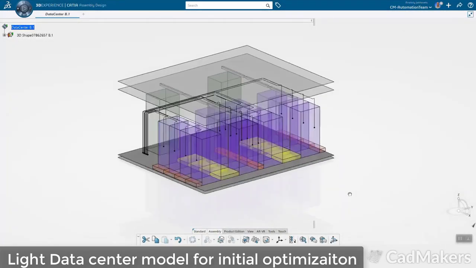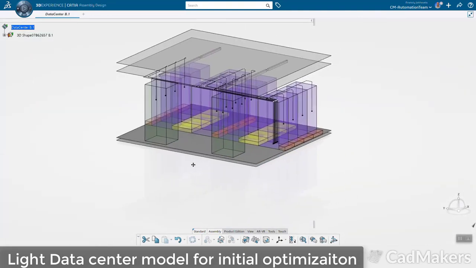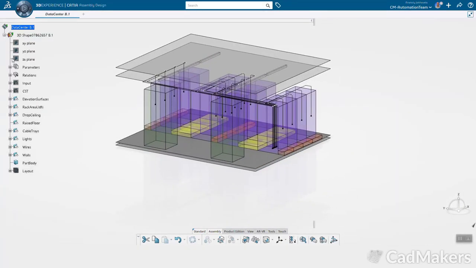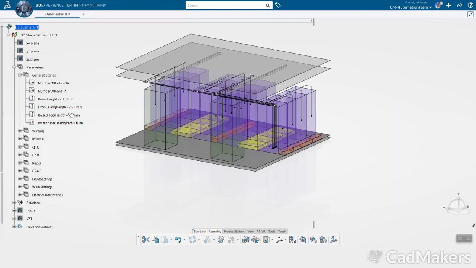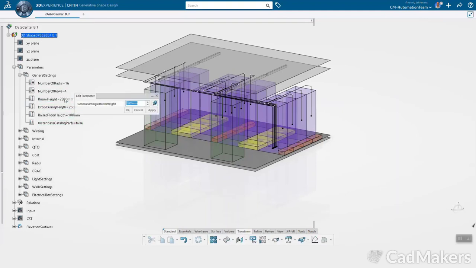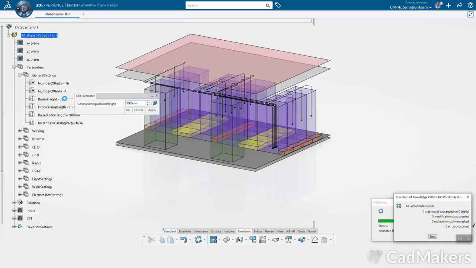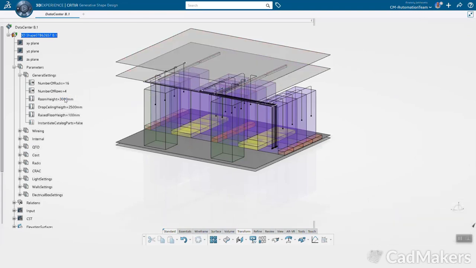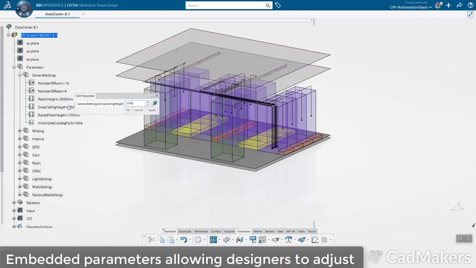This is a video of CADmaker's proof of concept parametric data center tool. We start with a lightweight wireframe and volumetric model to initially visualize and conduct optimization studies that will be later detailed for construction. The tool contains embedded design parameters to control the number of server racks, elevations, and other aspects